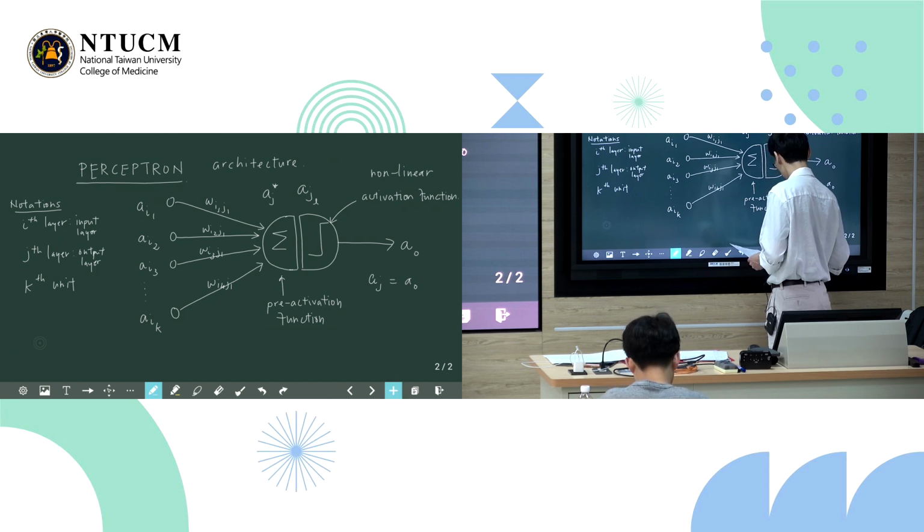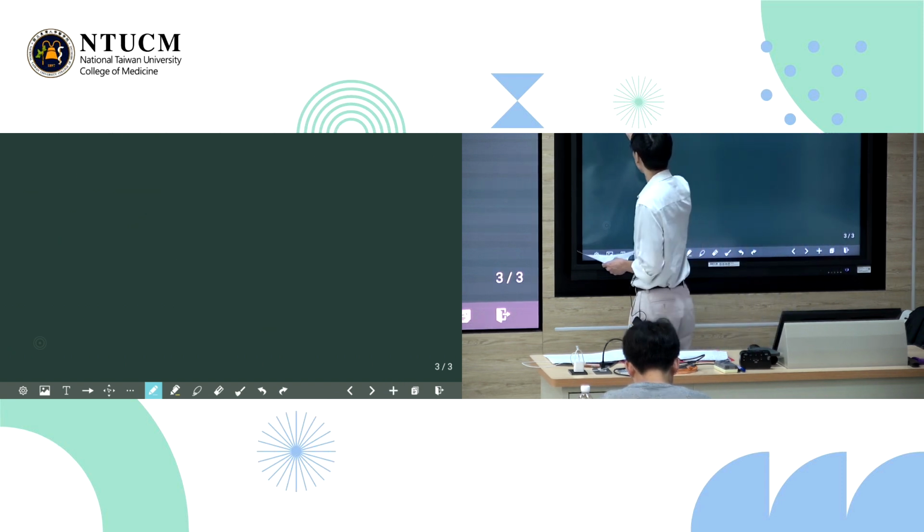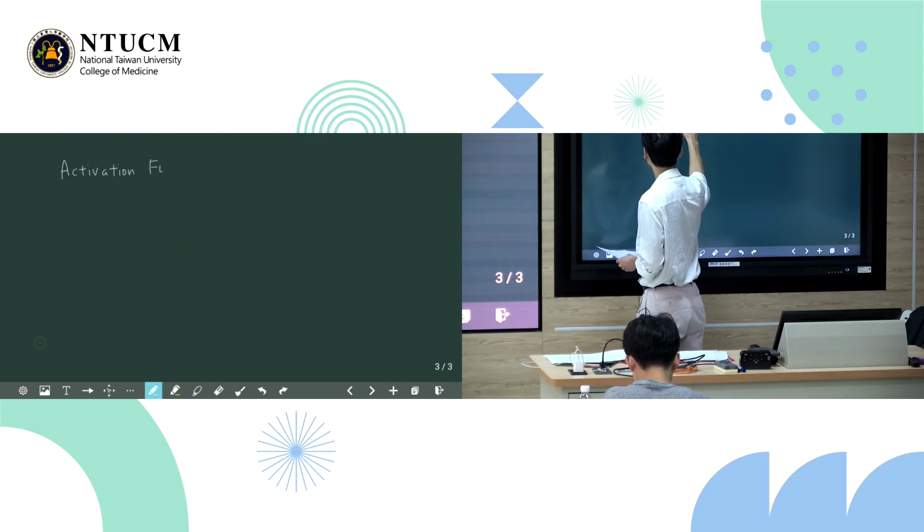Okay, so we've defined the architecture. We are now going to talk about the activation function. First, the pre-activation function.